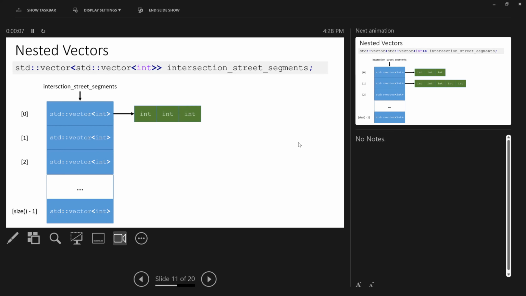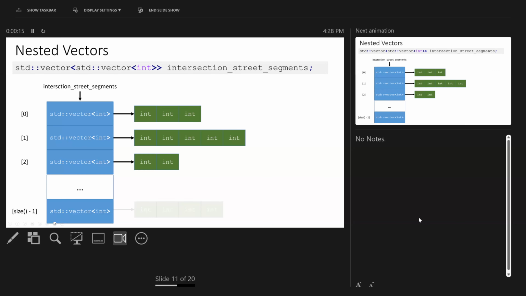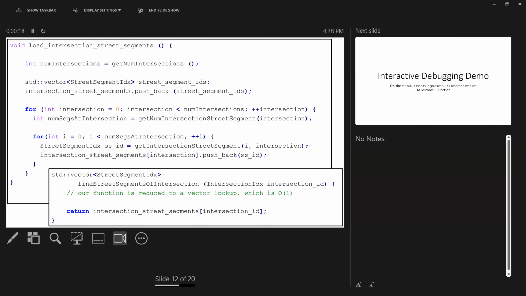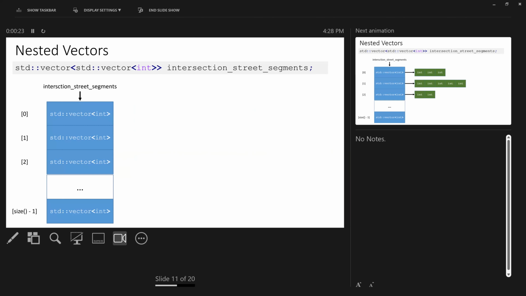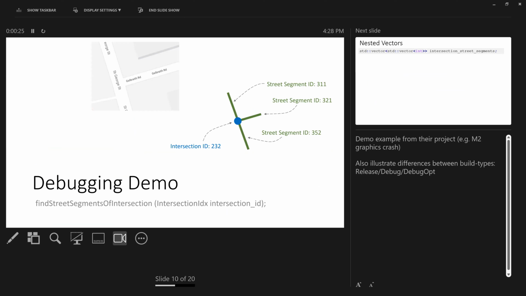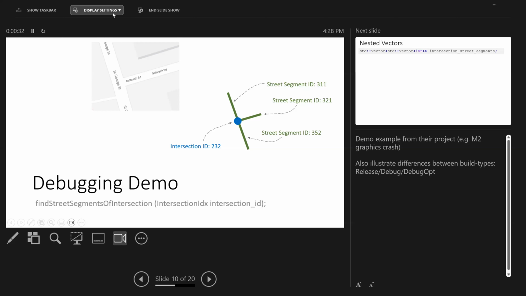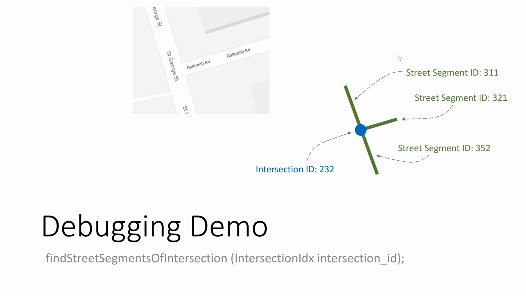Okay, now I do want to show you a couple of slides. I want to make sure I didn't give you the answer to the debug before I went any further.